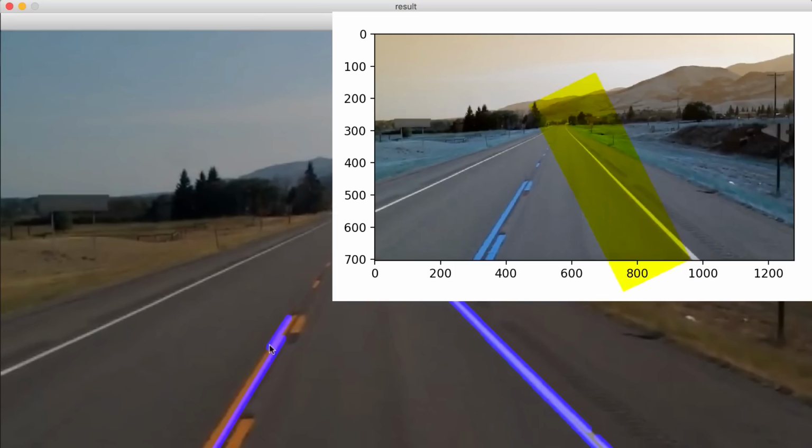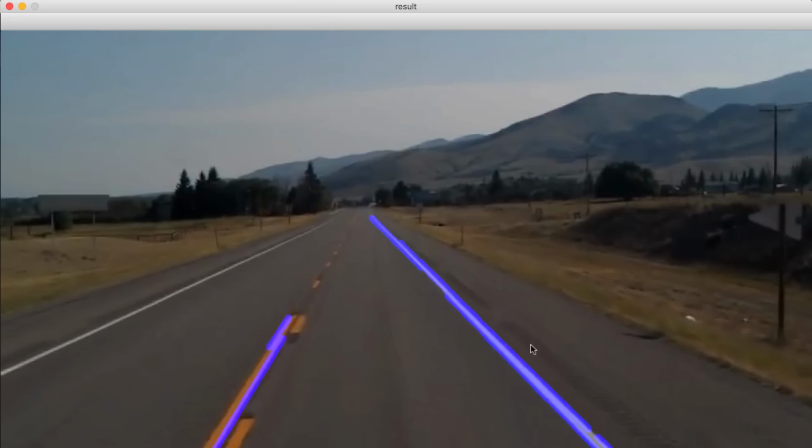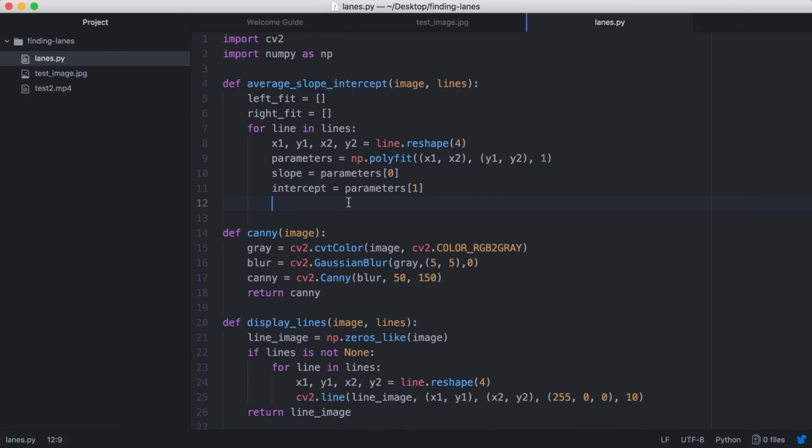Although for these lines, since as X increases, Y decreases, their slope value would therefore be negative, since their change in Y over the change in X would result in a negative value. Final conclusion being, lines on the left will have a negative slope, lines on the right will have a positive slope. So what we can do is, back to our code, we can write if slope is smaller than 0,